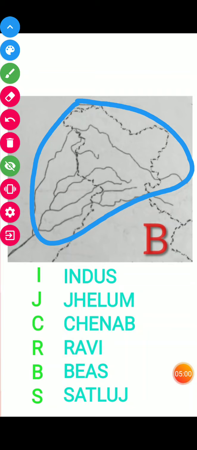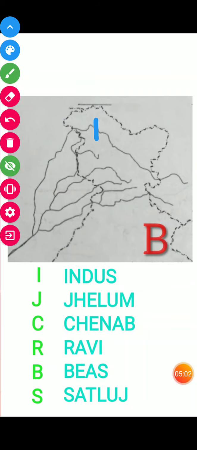This is number 1, number 2, number 3, number 4, number 5, and this is the number 6th one, from top to bottom. You need to remember their sequence first.